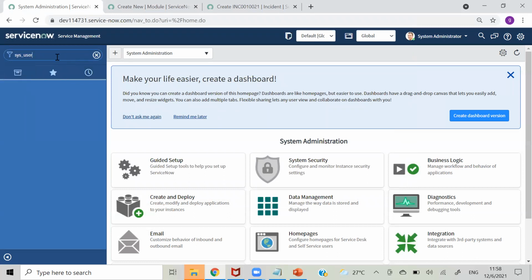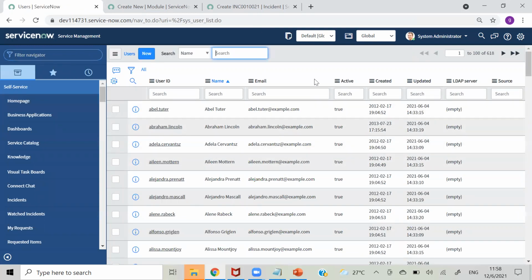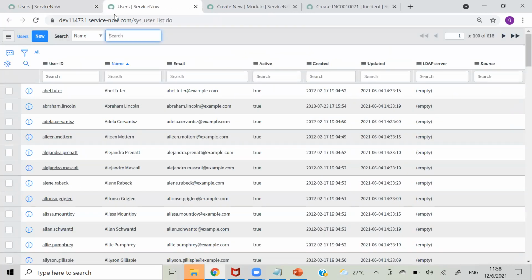Like type your table name here and dot list, but in small letters. So it will open in the same content panel. And if I give sys_user.LIST in capital letters, then it will open in a new window.